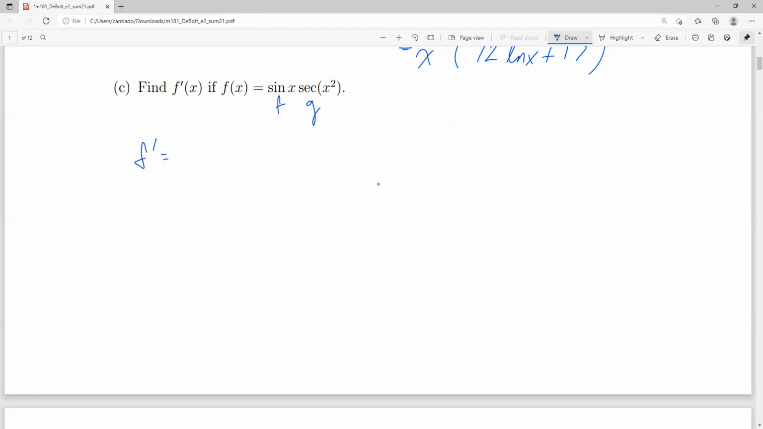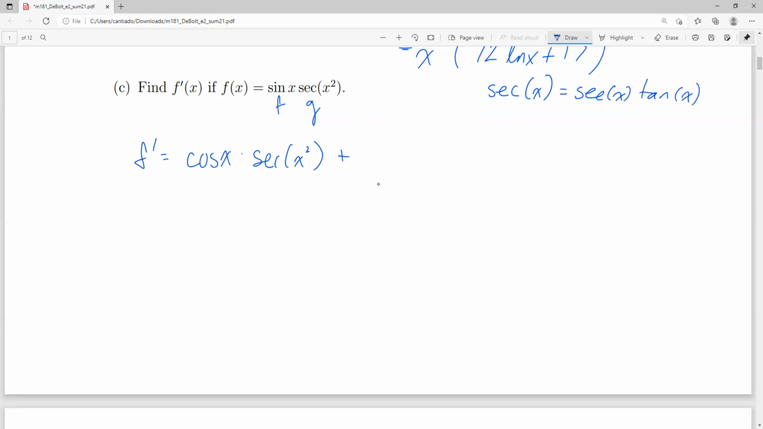So the first derivative is take f prime, which is the derivative of sine, which is cosine x, times g, which is secant of x squared, plus derivative of g. So the derivative of secant is secant tangent. So let me go ahead and write that down. The derivative of secant x is equal to secant tangent,